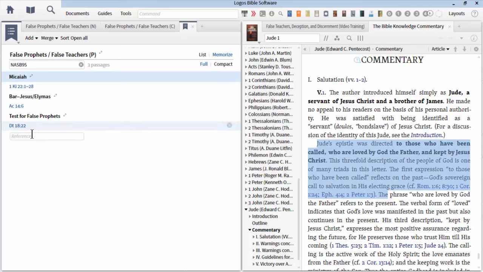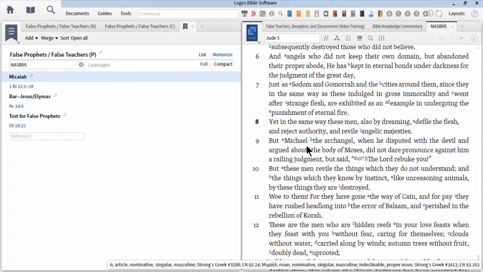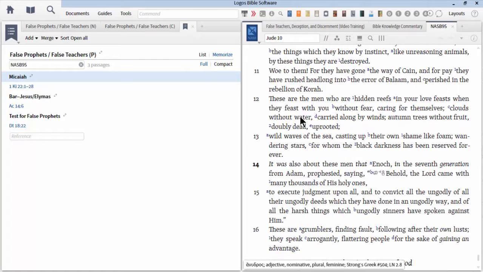So what I do is I type in a passage. So if I type in, for example, let's go back to our Bible. I'm going to open up my New American Standard Bible. And in the Jude text, there is a mention of several false teachers, false prophets. For example, Balaam in Jude 1:11. So I'm going to put in Jude